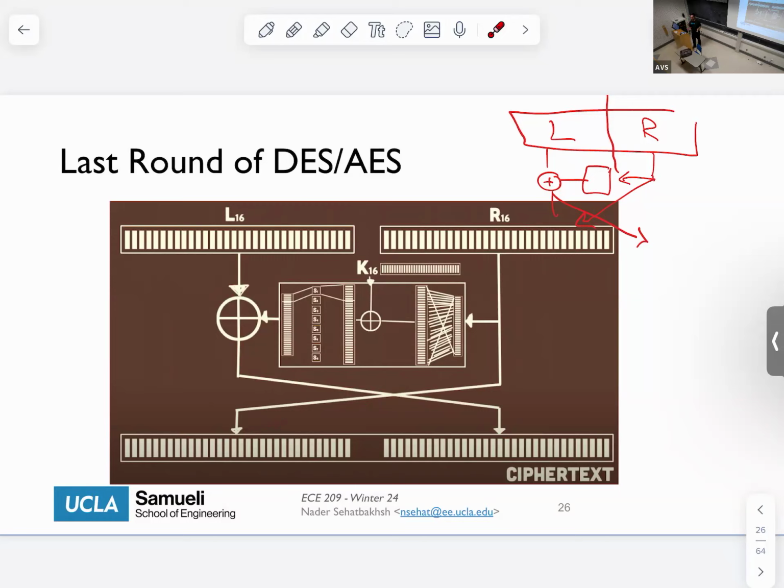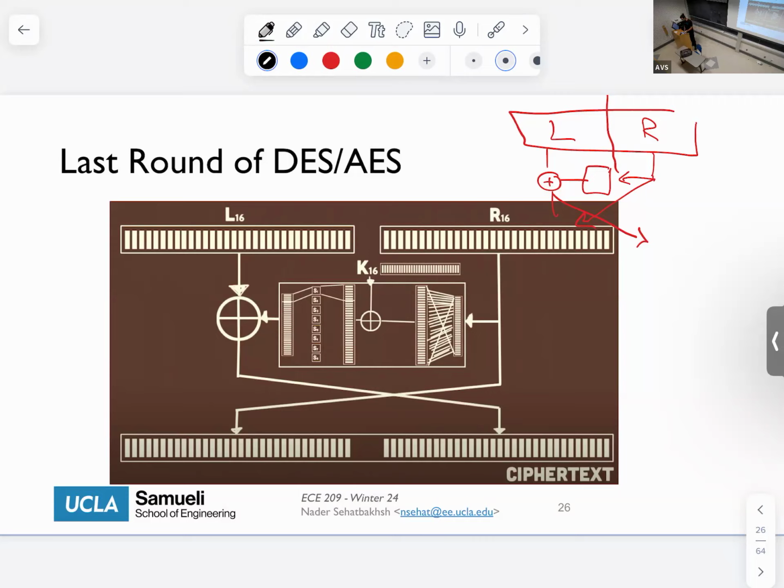And then I'm going to get my encrypted version of the message. This is just a regular encryption, very popular before AES, still being used sometimes. So this is the general idea of how this would work. Okay, so let's see how we can actually use the idea of differential power analysis in order to break this